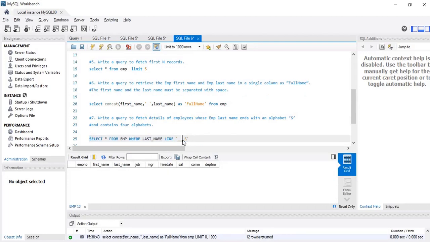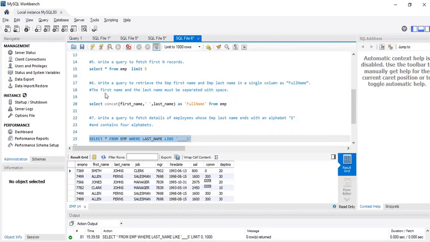So there are actually no employees, so I'll add one more. Yeah. Now all those last names will be printed which have S in the end and have 5 alphabets. Okay, I'm changing it to 5. So as you can see, all these last names will be printed. So what I did was I just used like over here.